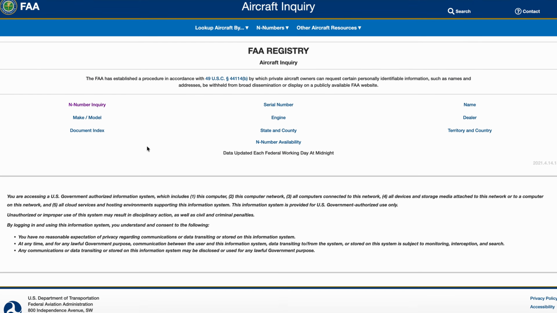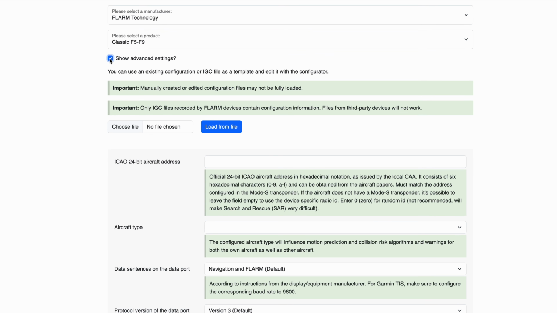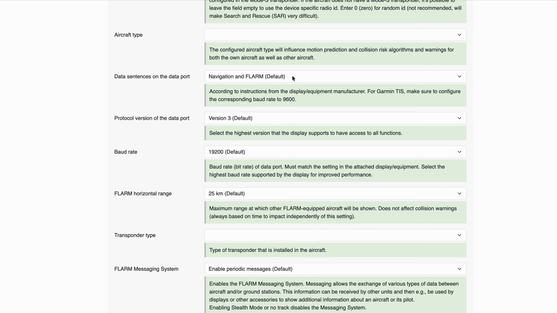Other countries have other registers. For example, Americans have the FAA inquiry. Moving on, if you enable advanced mode, you get a few more options for controlling what the ports on your FLARM do. Now, this is vital for very specific use cases, but for most scenarios, just setting the baud rate